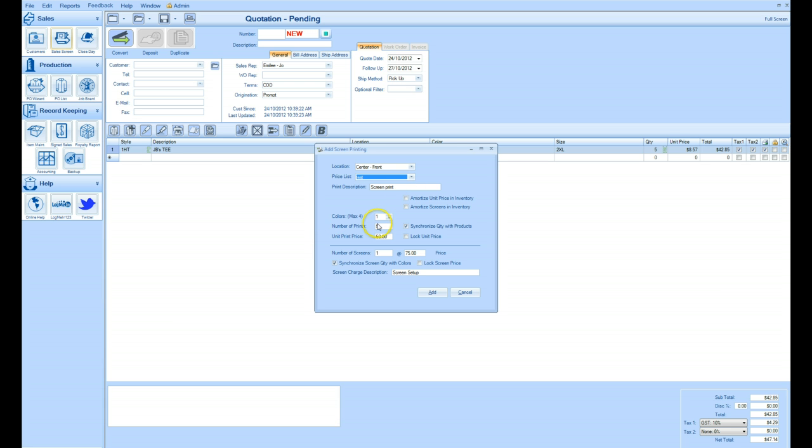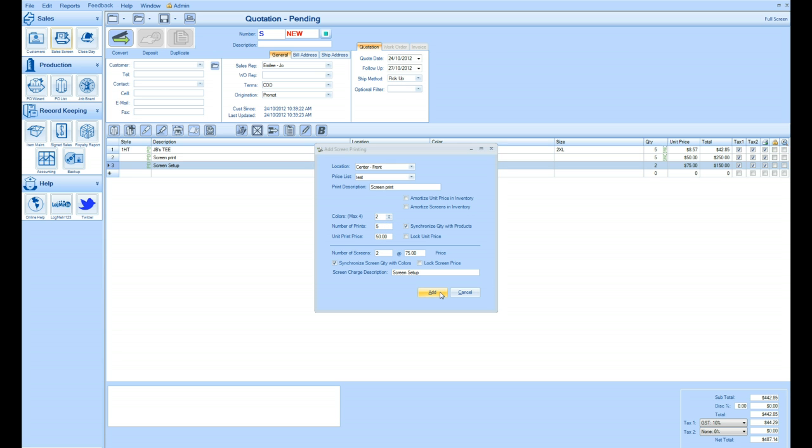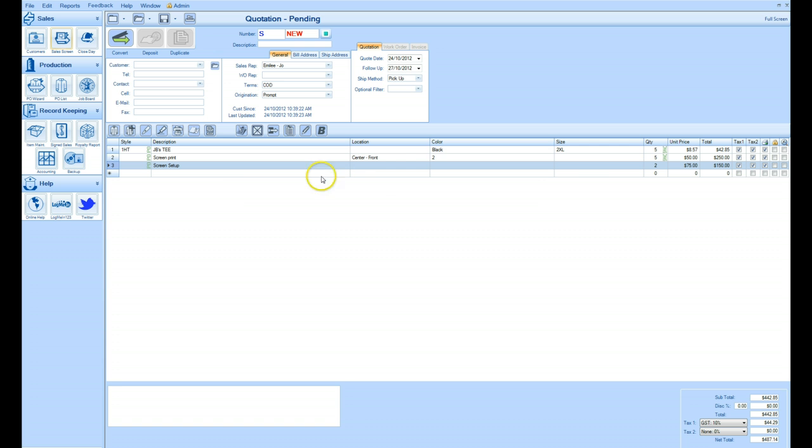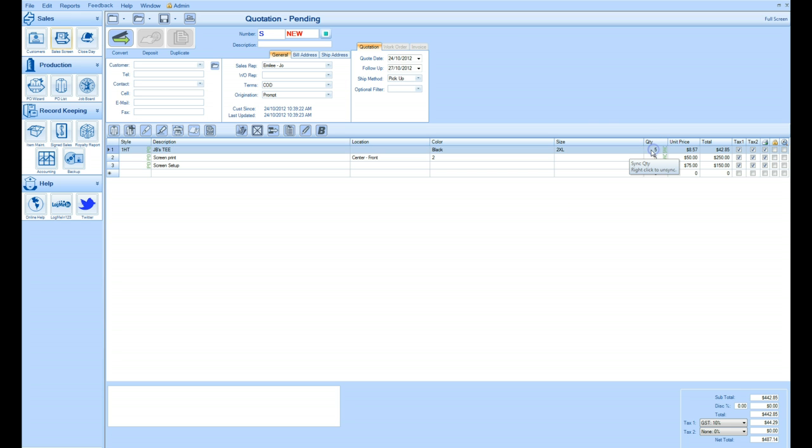Colors. I'm going to do a 2-color design on this one. The person's logo is a 2-color logo. Number of prints. I'm only doing 5 at the moment, so you'll see the price is ridiculous on my test one. And we add. So because I've done a 2-color logo, it's charging for 2 setups, and it's charging $50 per print at the moment because it's under my minimum. My screen printer doesn't like to do